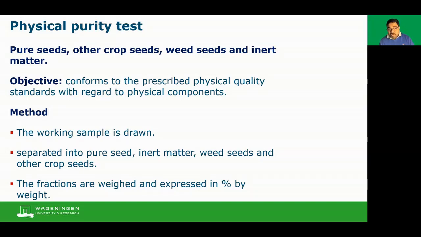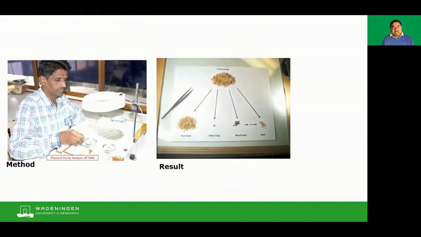The physical components we are talking about. So the method consists of the working sample, and it is separated into pure seed, inert matter, and the other fractions, which are weighed and expressed in percentage by weight. It is quite very simple. You can see from this picture that this is the whole working sample which is being separated. You can see these small